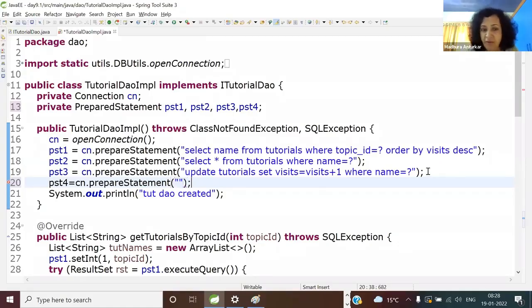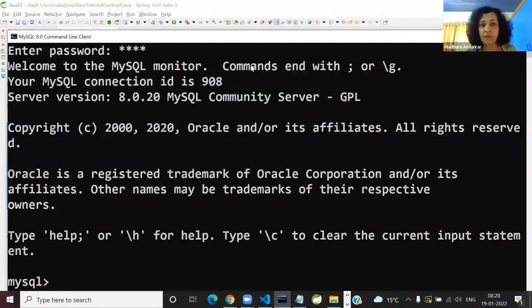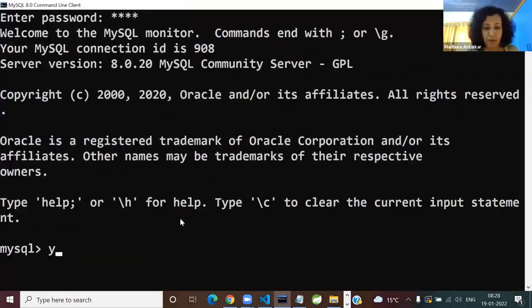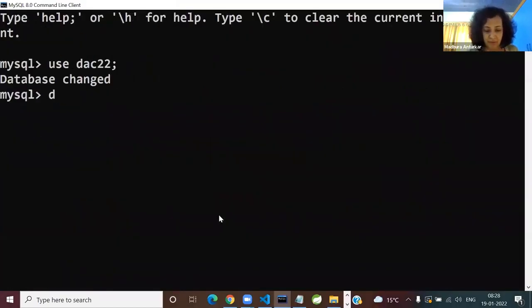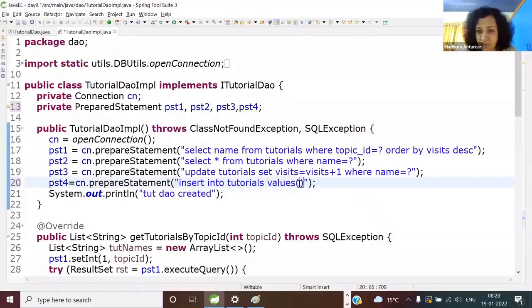So now tell me, which query goes in? Insert, update, delete, select. Of course, insert. So correct me if I make a mess. Insert into tutorials values. Okay. And I'll have to open my database for this. I don't remember. Use DAC 22. And here I'll say describe. Yes. Okay, so just counting. So 1 will be default. 1, 2, 3, 4, 5, 6. Okay. So it will be nothing but